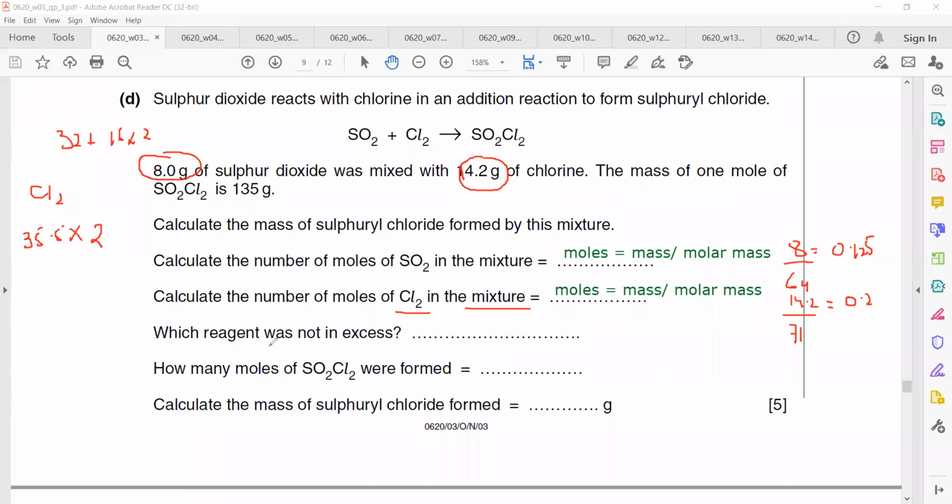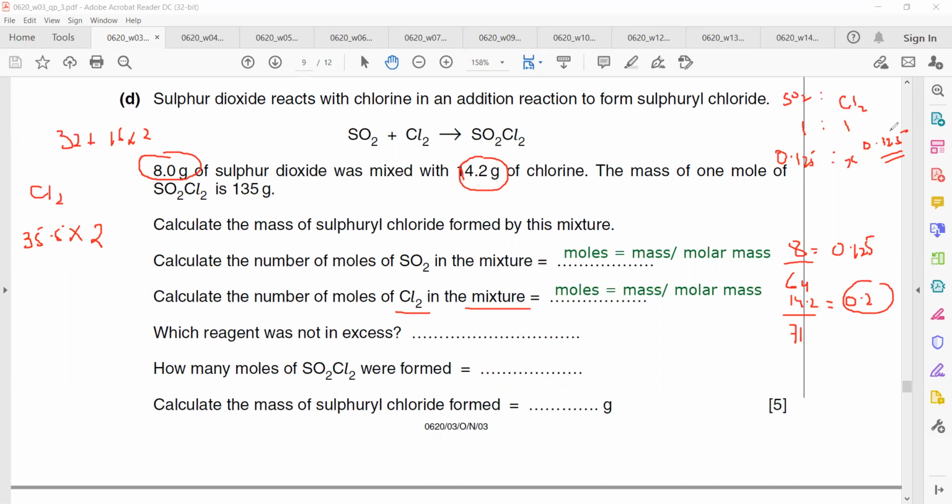Now the next part, which reagent is in excess? Which reagent is more than enough? How will we know? Look, the simple ratio between sulfur dioxide and chlorine is 1:1. 1 mole of sulfur dioxide mixes with 1 mole of chlorine. So if we have 0.125 moles of sulfur dioxide, how many moles of chlorine are needed? For a complete reaction we need 0.125, but we have 0.2, we have more chlorine than what we